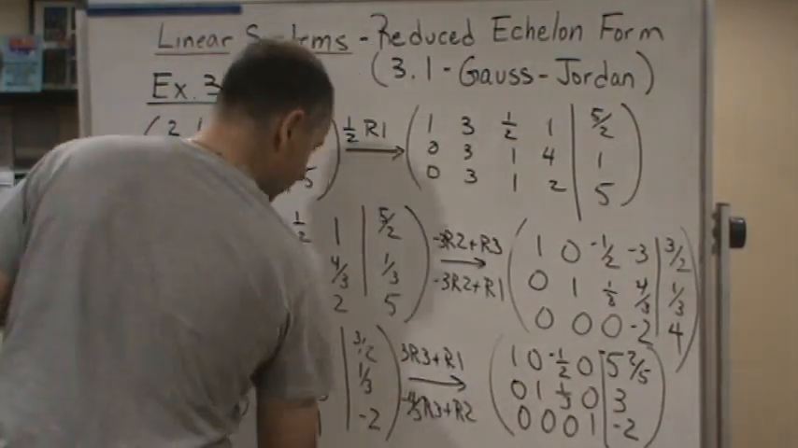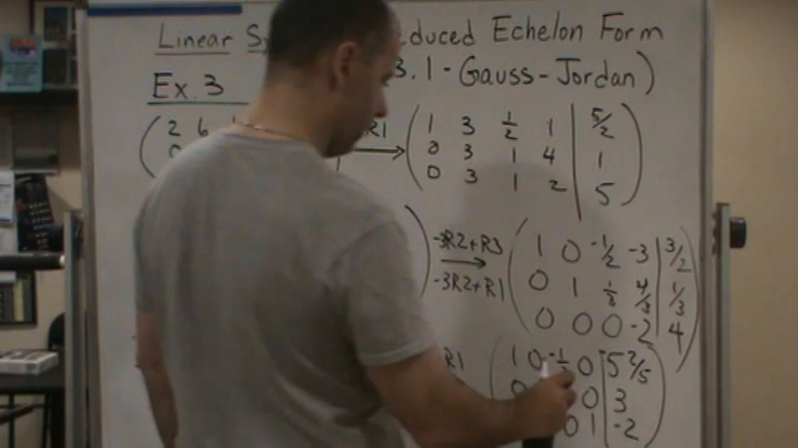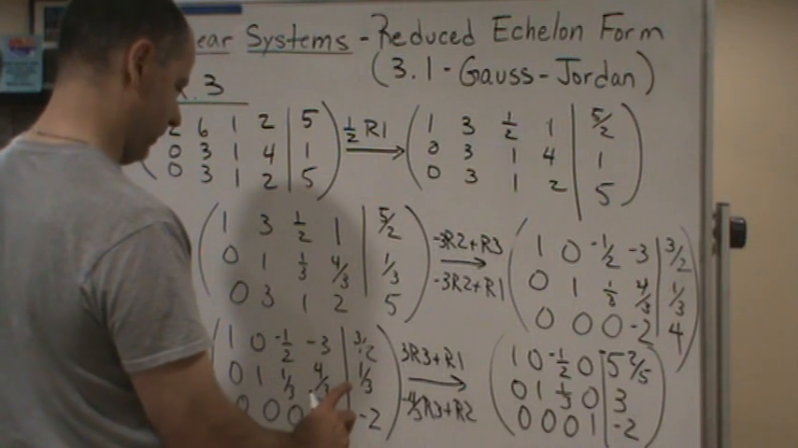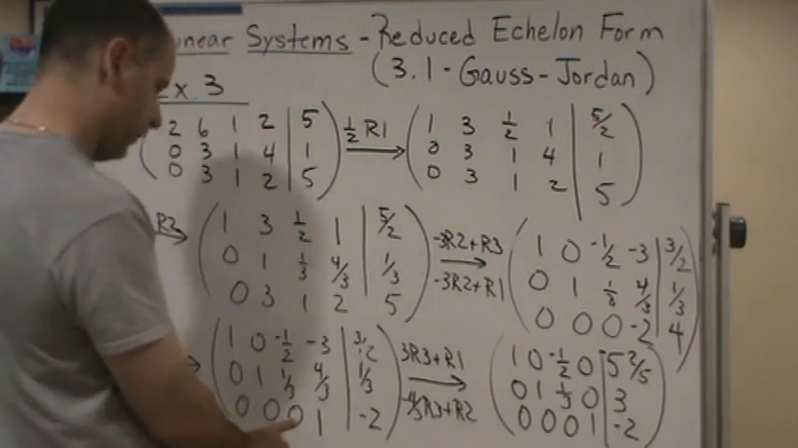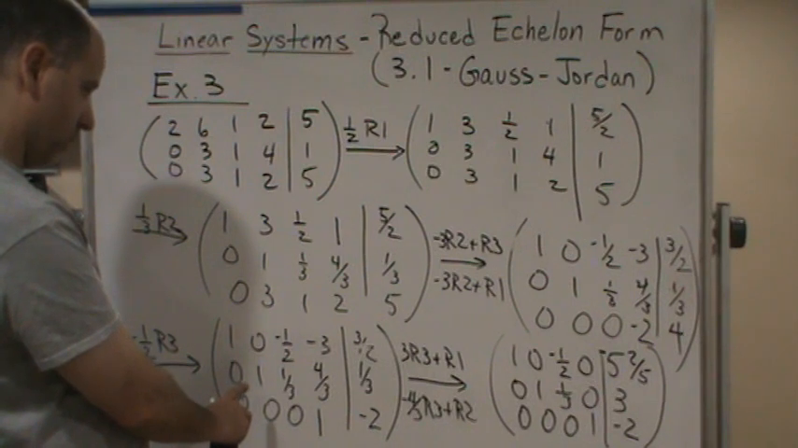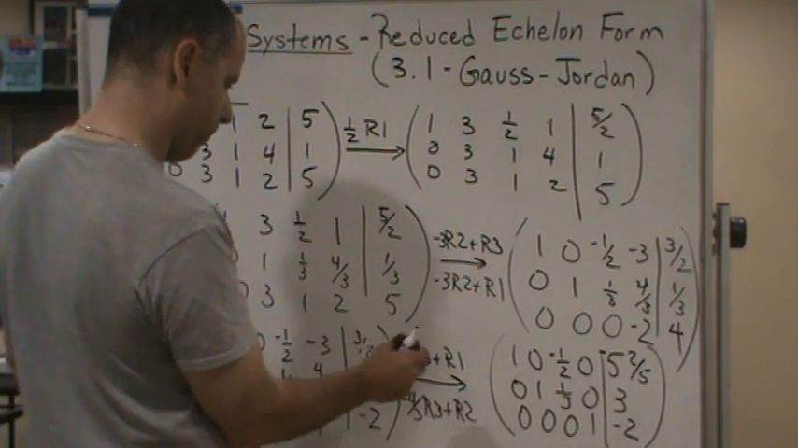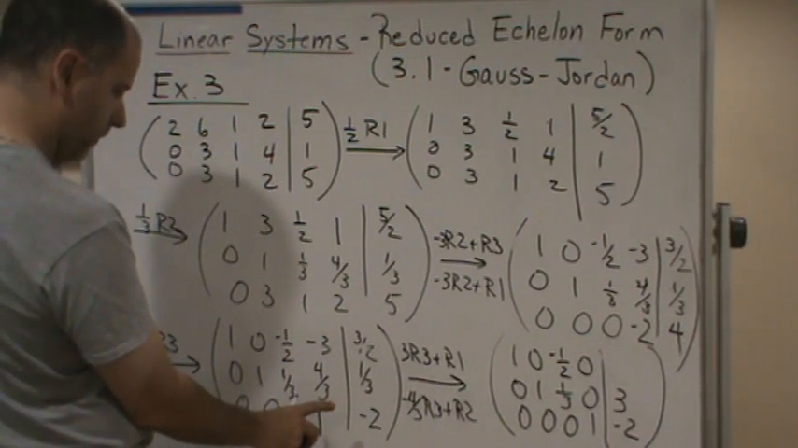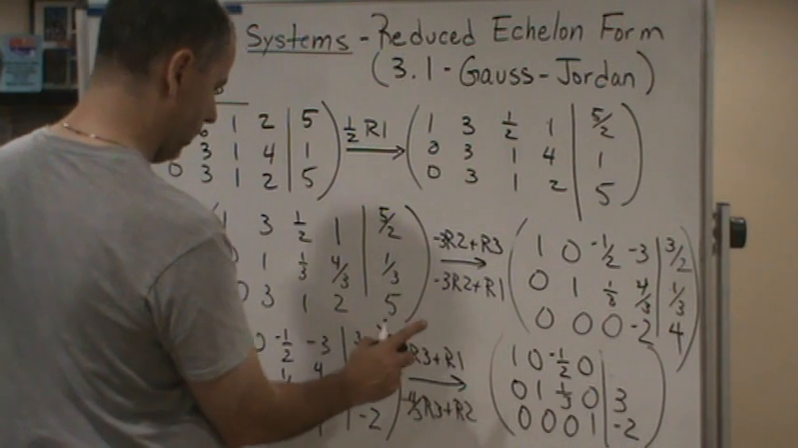So yeah, this should be 3 halves. And then this would be up. This would be, oh, and it's negative. Oh, this is negative 3 halves. So let's see here, let's make sure. Okay, so